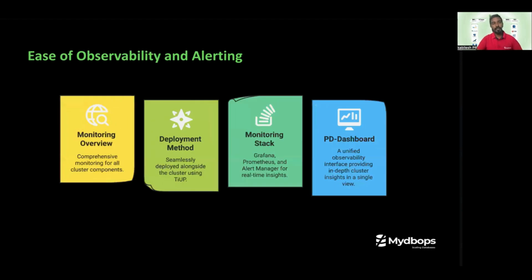And the next important thing is observability and alerting. How important observability is when you handle data at scale. For example, what is my database currently up to? What if there is a small glitch or there is an outage that needs to be immediately seen by our support engineers and acted upon immediately to reduce the blast radius.